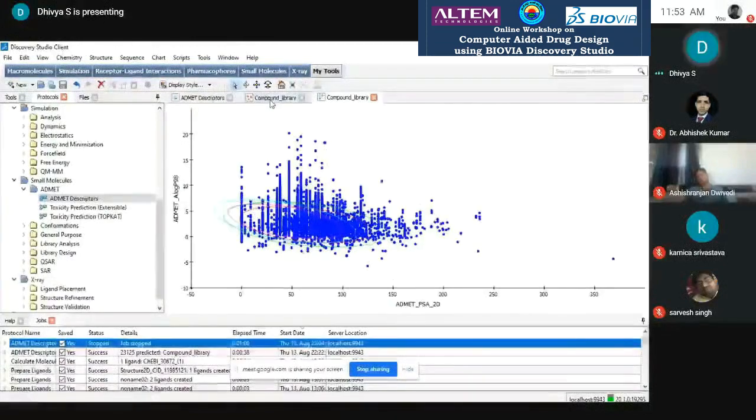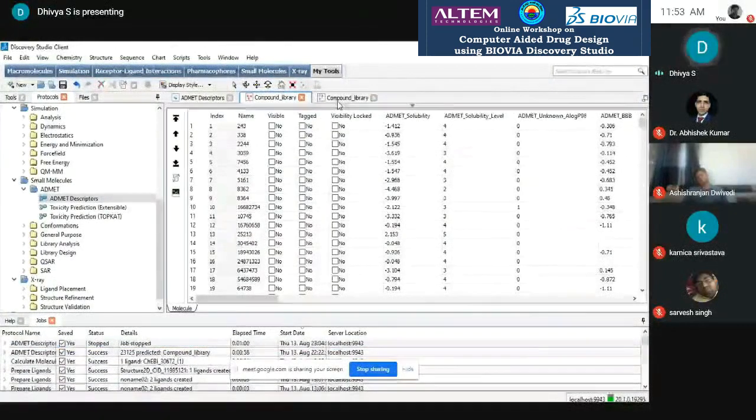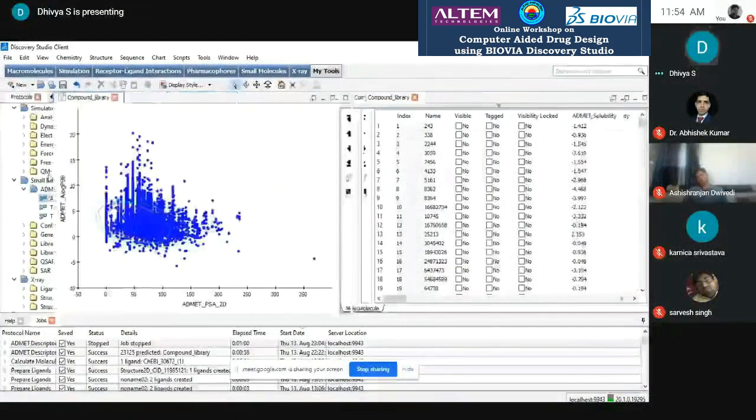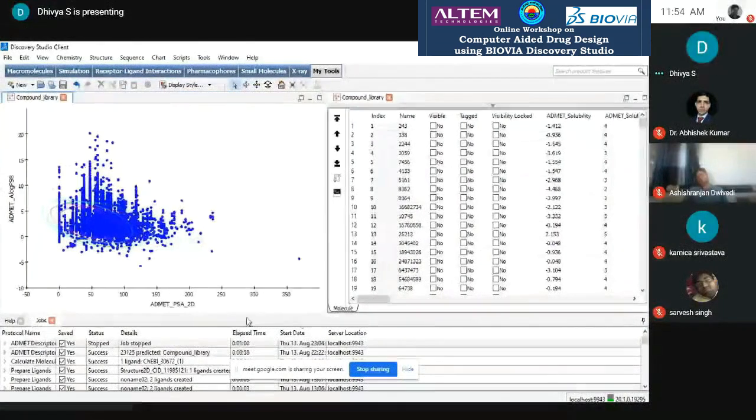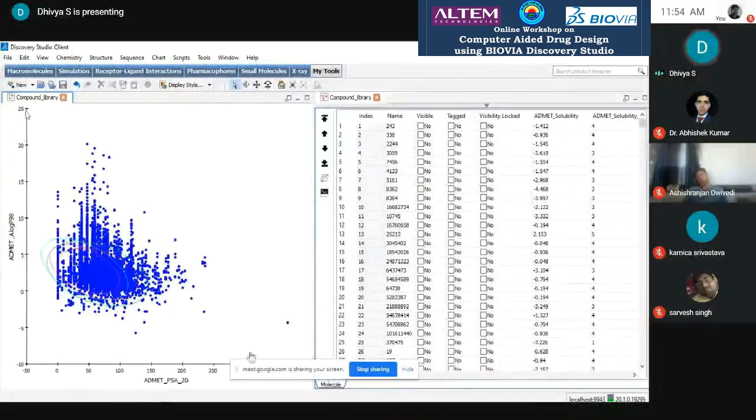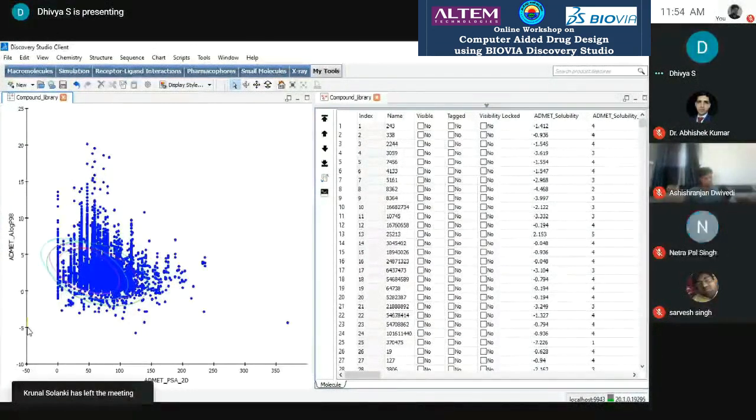And then opening. So now you can see here the component library is given in graphical view as is in the tablet view. So whatever changes are happening in the table and tablet view, it will affect those. So I'm putting in a closing input, opening a while. So I'm going to sort the molecules. So you can see viscosity versus polar surface area. Now I'm going to sort the molecules.